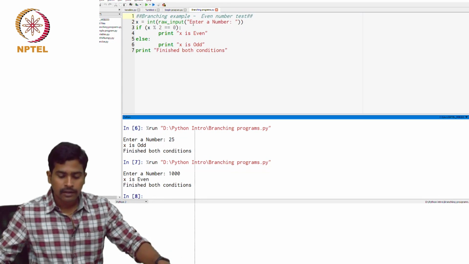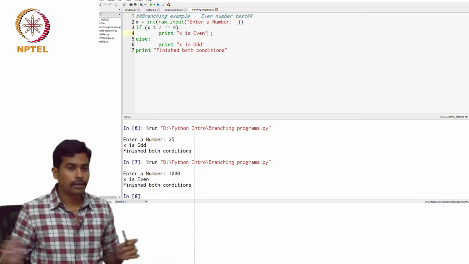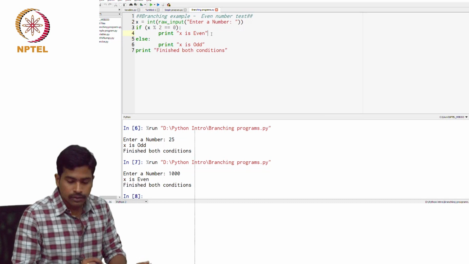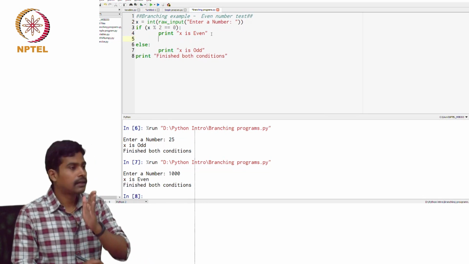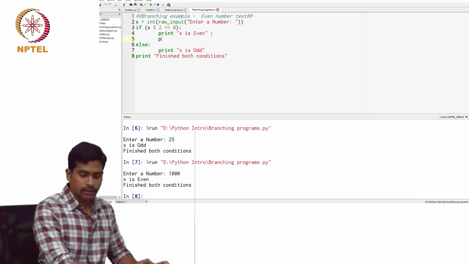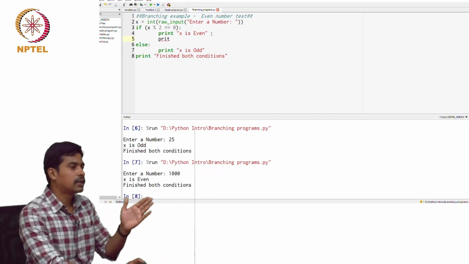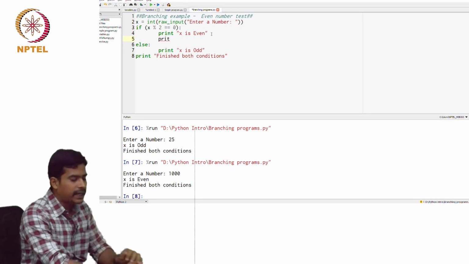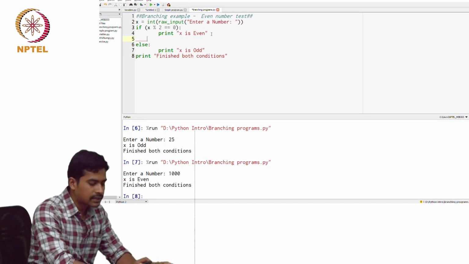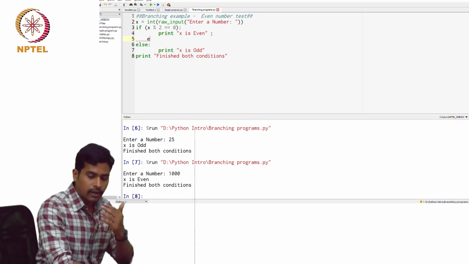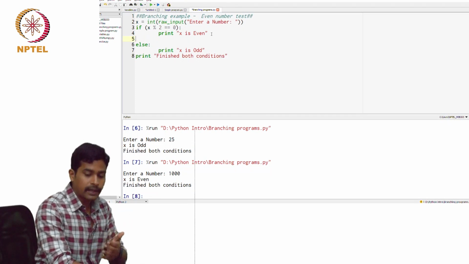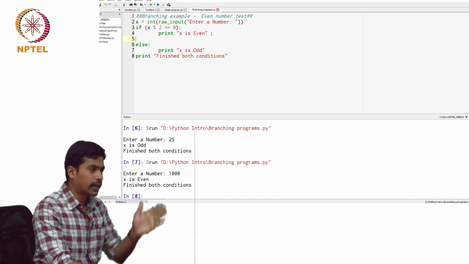Okay. So another thing I want you to notice in this is, after you write this statement, if you press enter, the cursor is still at this point, it has not moved to the starting point. So instead of writing else here, if you write else, it won't work. In order to write the else statement, you have to come all the way to the starting, and then you have to write.